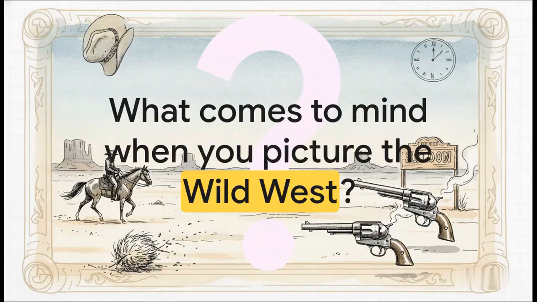So before we look at the data, I want you to just picture the quintessential symbol of the West for a second. You're probably visualizing a lone, rugged cowboy riding through some empty, lawless desert, right? Maybe a tumbleweed blows by, and there's a shootout waiting to happen at high noon. It's an incredibly powerful image, one that was heavily popularized by sensationalized media between the 1850s and the 1910s.